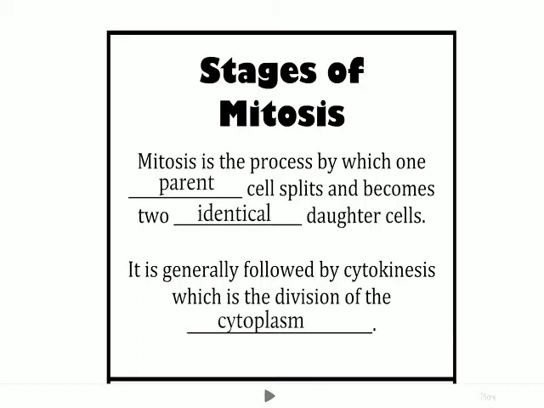Mitosis is followed by a process called cytokinesis, where the cytoplasm of the two cells actually divides. So at the end of mitosis, they're not quite split yet, but after cytokinesis, both cells